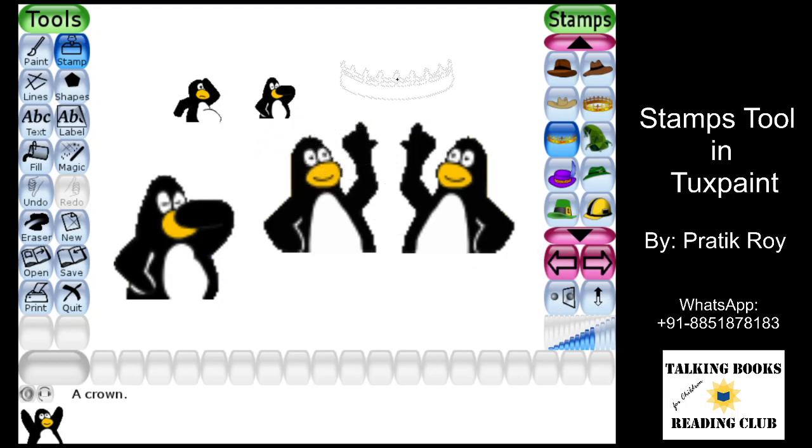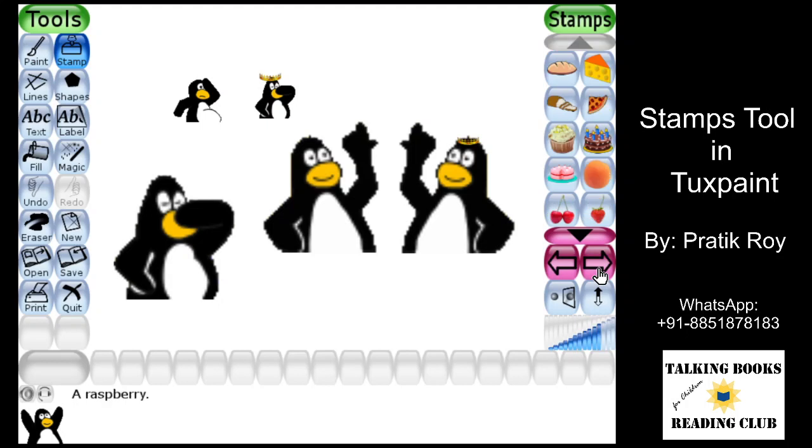So if this is too large, you can resize it and make it smaller, make it even more smaller if you want, and then say, okay, I want to put it here on this penguin, or on this penguin, wherever. So let's look at the next tool.